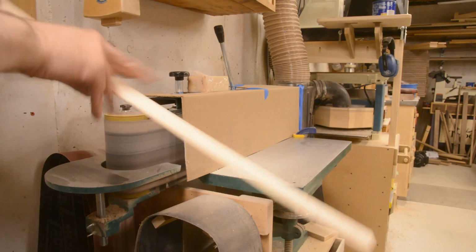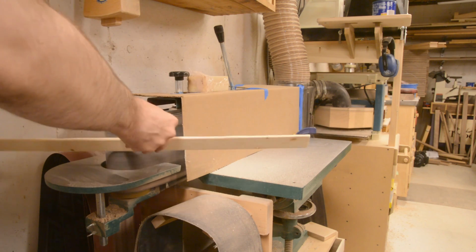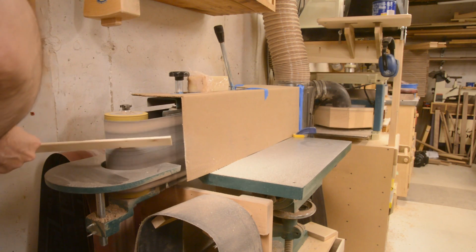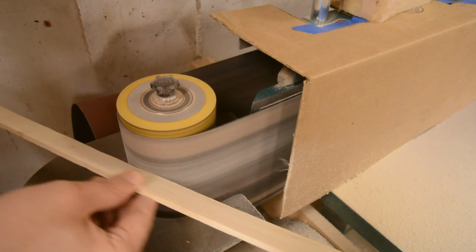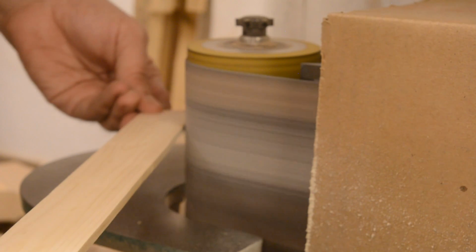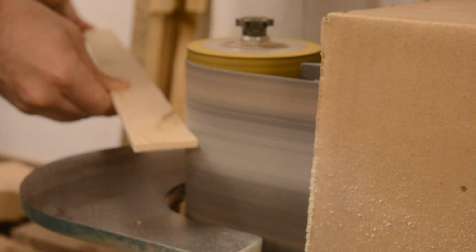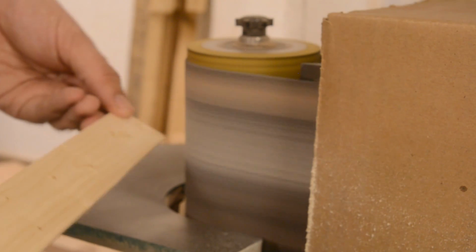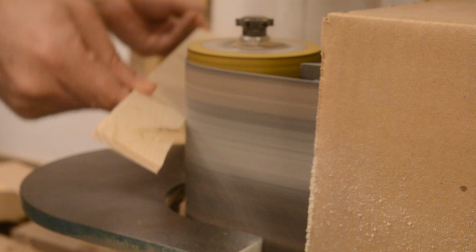I wanted to do an edge treatment on all those strips so that it wouldn't just be a flat surface. You would see all those individual strips. And I suppose a round over would have worked, but I wanted it to have more character than that, so it would look sort of natural, even though it was assembled out of all these little strips. So I used the edge sander and just sort of moved them randomly across it at different angles and with